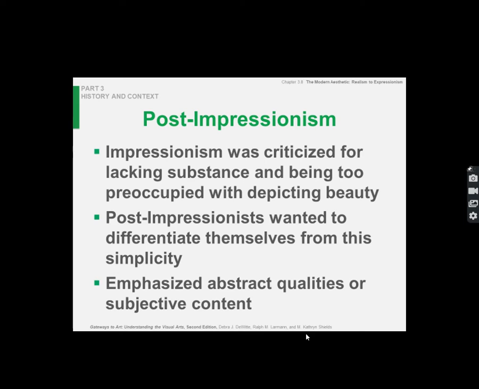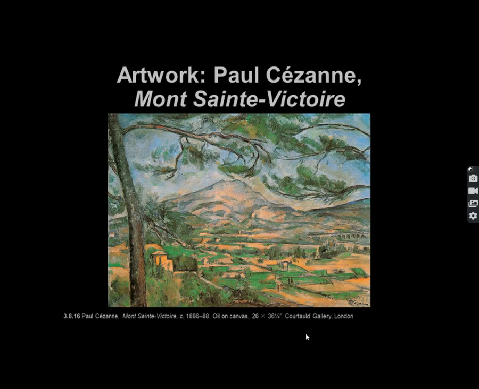Impressionism was criticized for lacking substance and being too preoccupied with depicting beauty. So in a way, that's almost like an academic thing, to try to show beauty. Post-Impressionists want to differentiate themselves from this simplicity, and they emphasize the abstract qualities of subjective content. So the first one we look at is Cézanne,